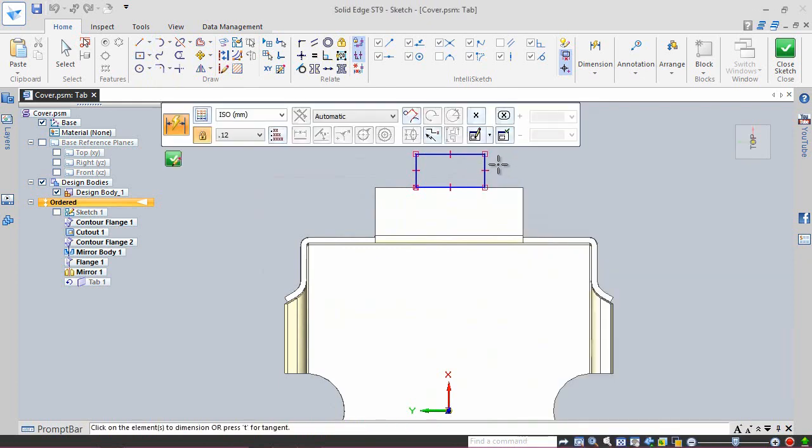On this line, apply dimension of 20 mm. Both of the vertical lines are 19 mm away from the edge.